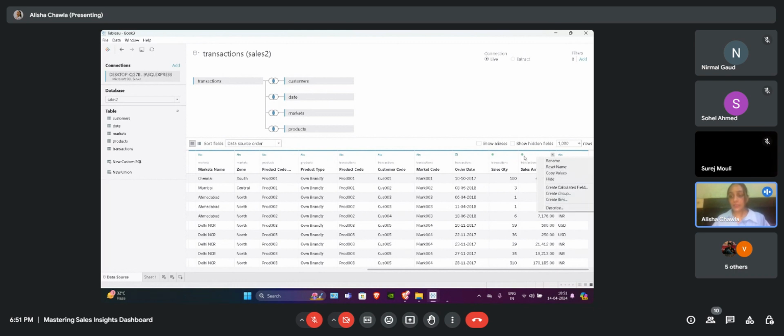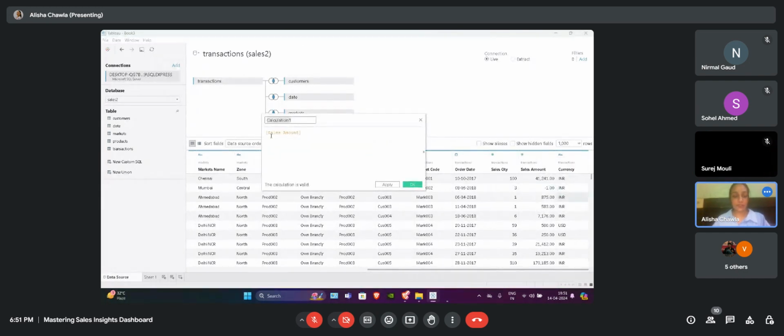To change it, click on sales amount, because we have to change the sales amount. Create calculated field. Here we can use the name normalized amount. We are giving just a name to our calculation.